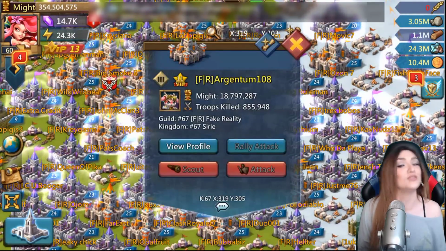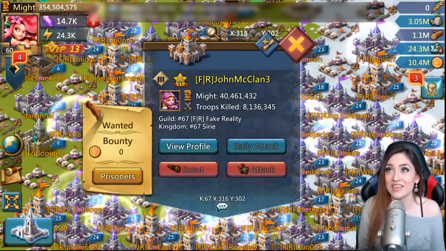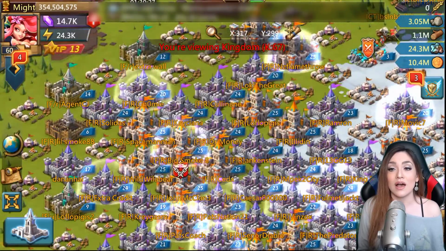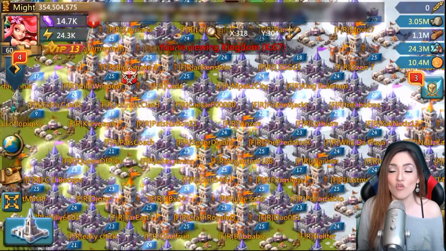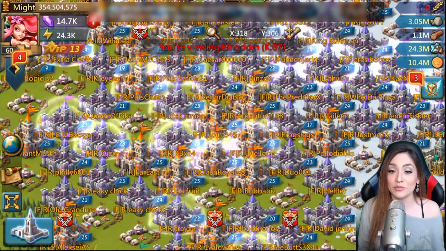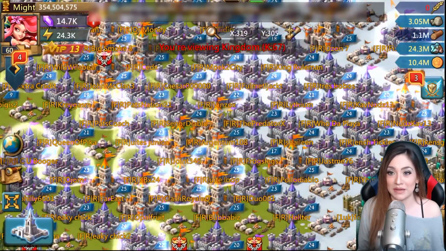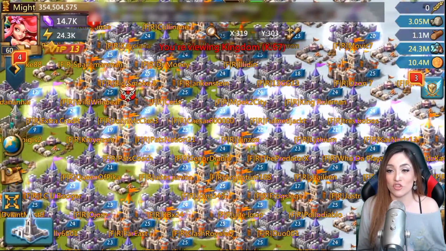And the reason that I'm giving you that example is because it happened to me. I was around 70 million might. I think I had about 1.2 million troops. I was burning a hive solo. This was in case 16. And as I am overextending with my hero, totally my bad, this guy who at the time was like 700 million might ports next to me and sends me a wave of like 3 or 4